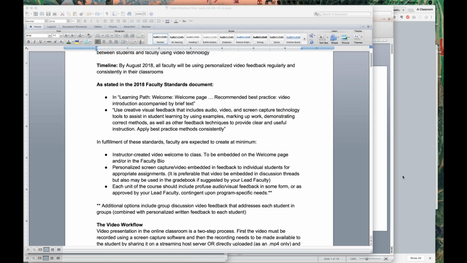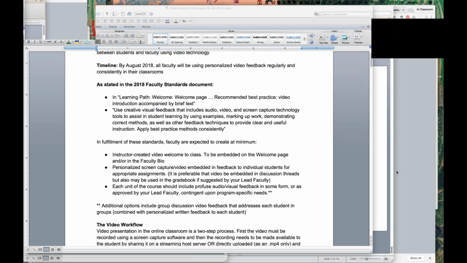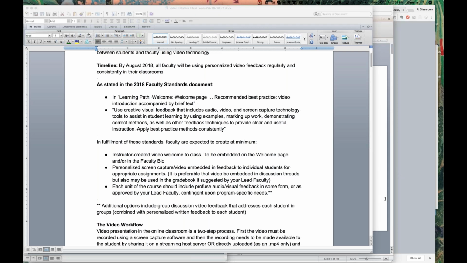hasn't been as effective, because before, the discussion questions were isolated and didn't directly lead into the next assignment or milestone submission, where you needed to provide personalized feedback for them to revise it. So I think it used to make more sense for tackling multiple posts at once. Whereas now, since you really need to provide that individualized feedback to each student anyway, creating those group posts doesn't naturally lend itself, I guess. It just doesn't seem to fit in as well with the Pinnacle model, in my opinion.